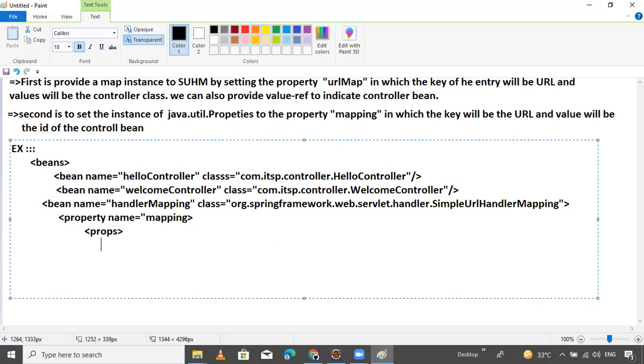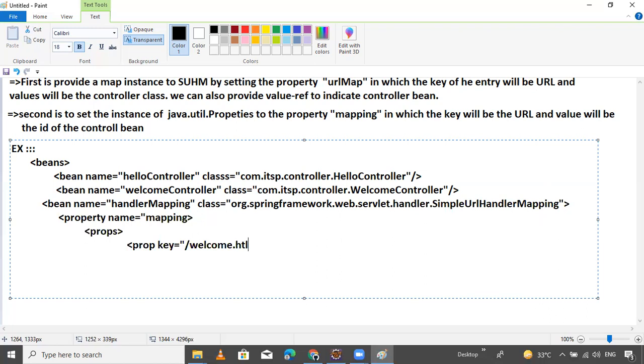Inside the props, we have prop with a key. The key is the file name, slash welcome, suppose welcome.stm.